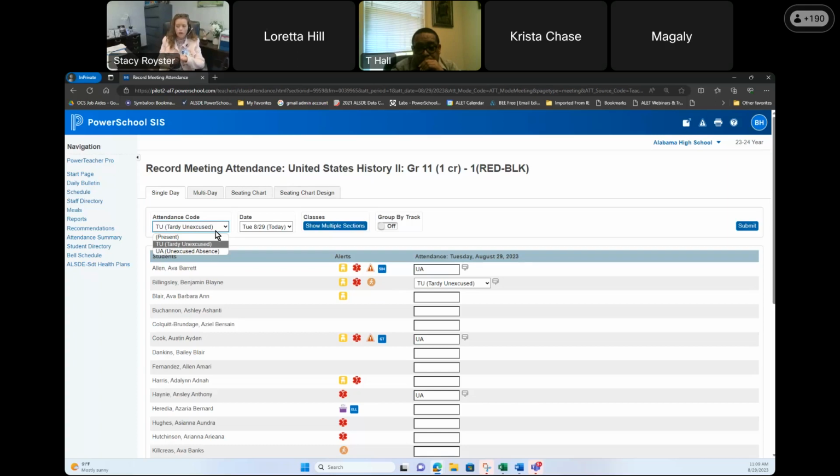Now, I want to clarify something about using this tardy code, because I get this from districts a lot. Some districts are scared to let teachers use the tardy code because they don't want it affecting their ADA and their ADM, because they don't want minutes taken off. The only time a tardy code affects your ADA calculation is if you actually,